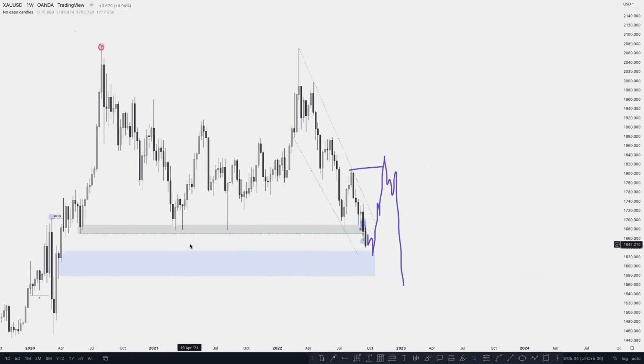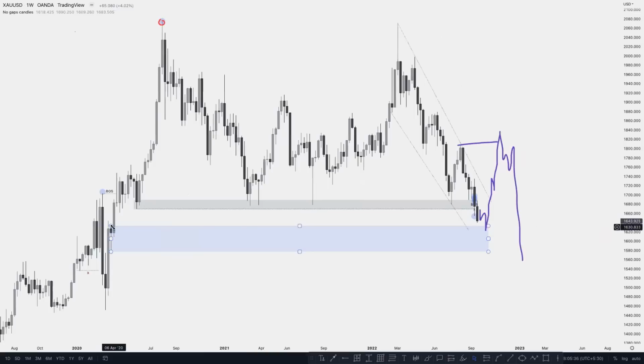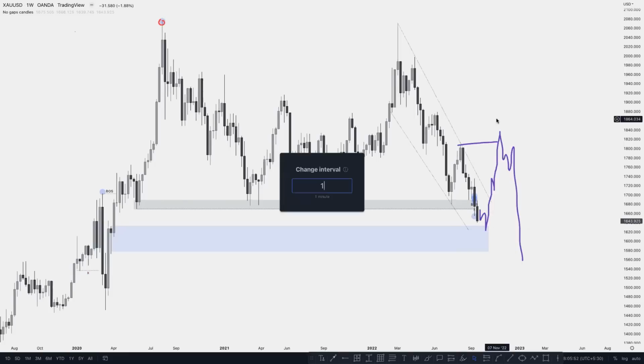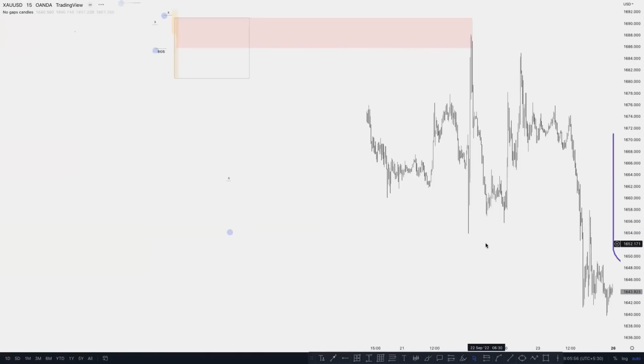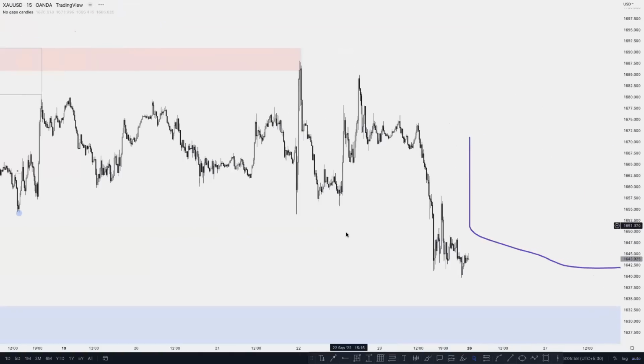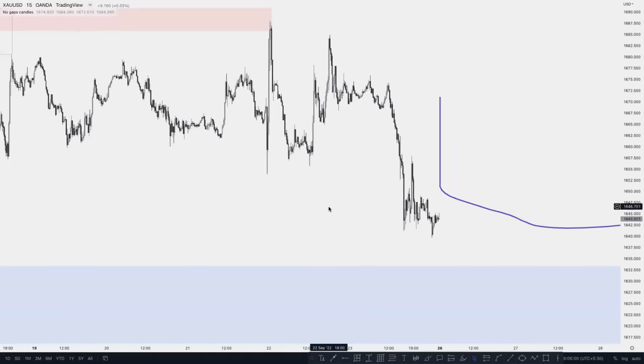Now you can see this weekly order block is here, right? Market takes out the liquidity, taps on the order block, and then market can go higher. So this is also a possible scenario in gold in the higher time frame picture, right? So in a 15-minute picture,